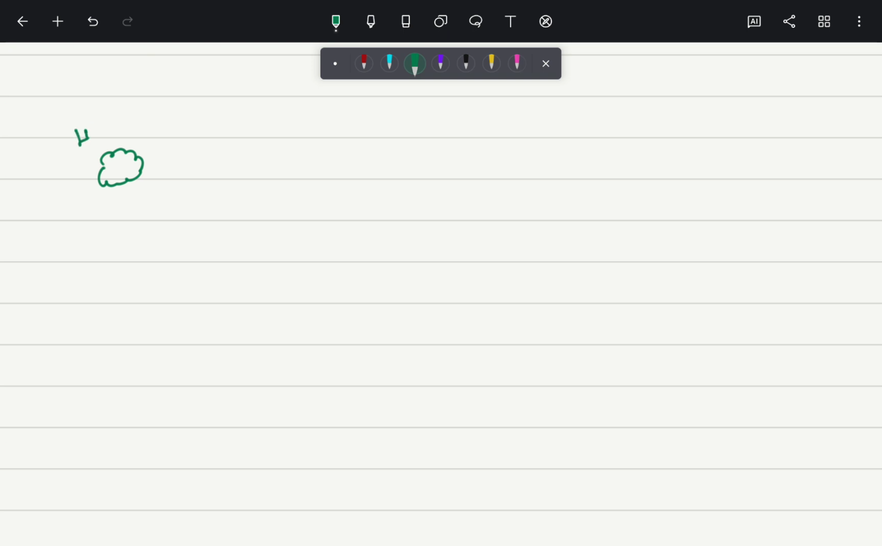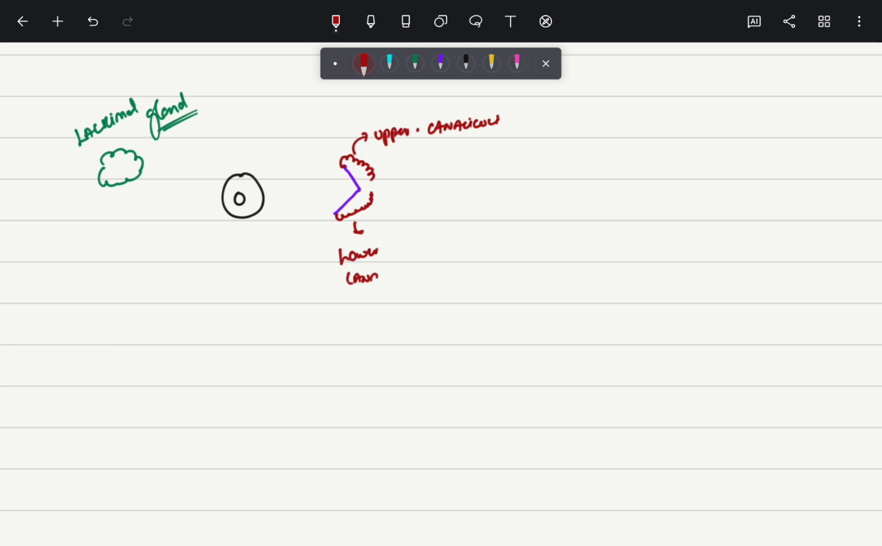Here is a gland, and this gland is your lacrimal gland, and here is your eyeball. This is your upper punctum, this is your lower punctum. The upper punctum ends up into upper canaliculi, and the lower punctum is going to form the lower canaliculi. So this is the upper canaliculi, this is your lower canaliculi. Eventually they will end up into a canal called the lacrimal canal,